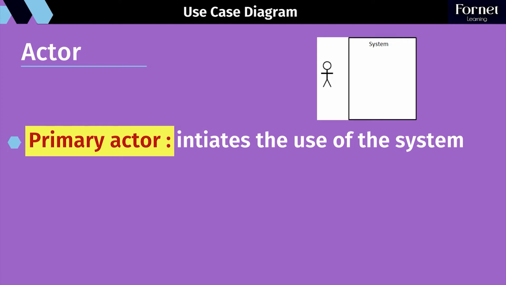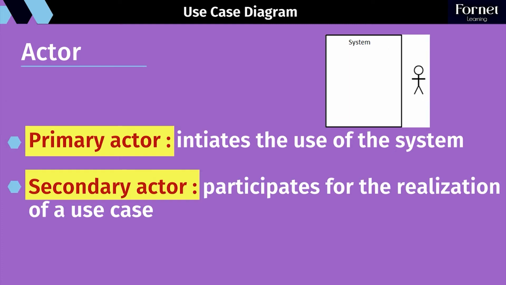The primary actors, it's a user that initiates the system. It's generally represented on the left of the system. So the primary actor initiates and uses directly the system, while the secondary actor is more reactionary. If performing a service needed, then it will get involved. The secondary actor is usually represented on the right of the system.